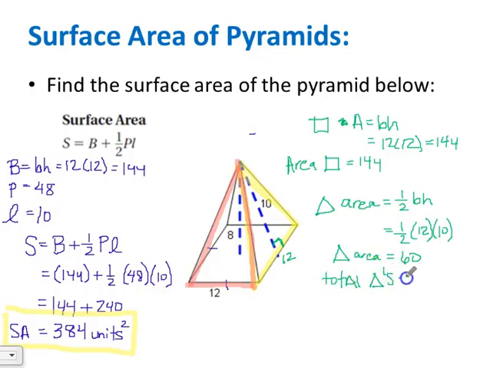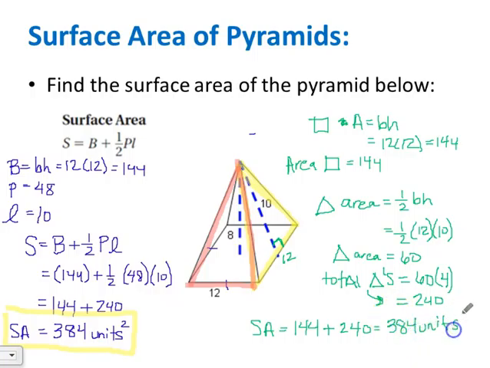all of our triangles, which would be equal to 60 times, how many lateral faces are there? There's a front and a back and a left and a right, so there's 4. If we take 60 times 4, we get 240, and that's the total area of all of our triangles. Then, to find our grand total of the surface area, we add 144, the area of our base, plus 240, all of our lateral areas. We add that up, we get 384 units squared, which is the same surface area we got